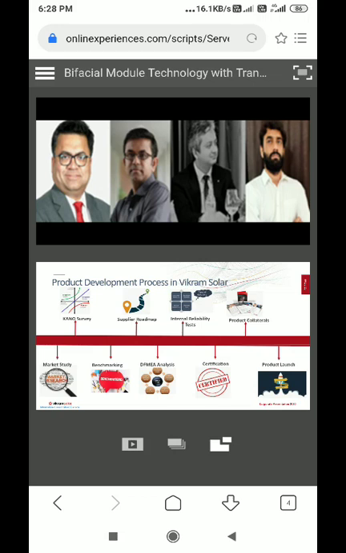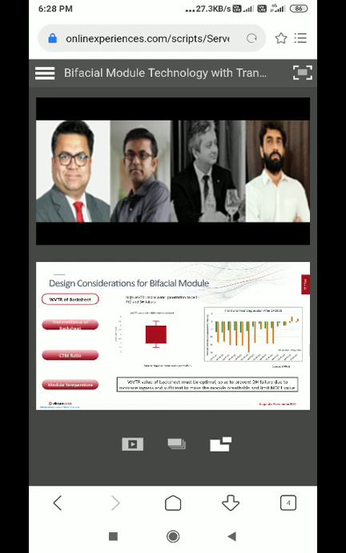Make the product collaterals, and finally launch the product. So this is the process that we follow. And while taking you to the other steps that we have to cover during this process.